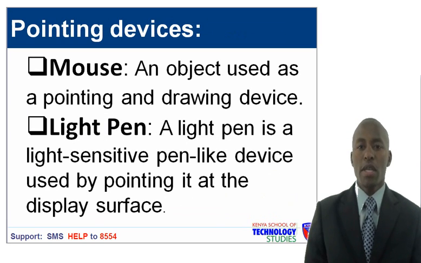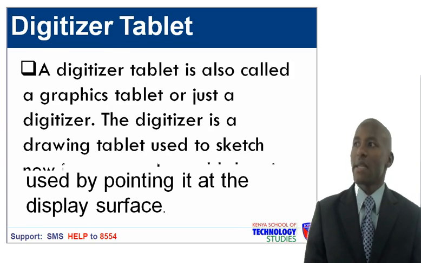Now let us look at pointing devices. The first one, the mouse, is an object used as a pointing device and drawing device. We also have another one, that is the light pen. A light pen is a light-sensitive pen-like device used by pointing it at the display surface,